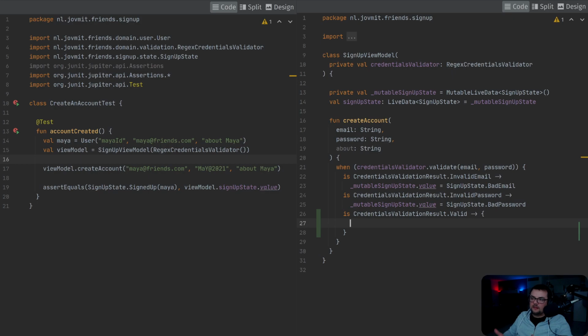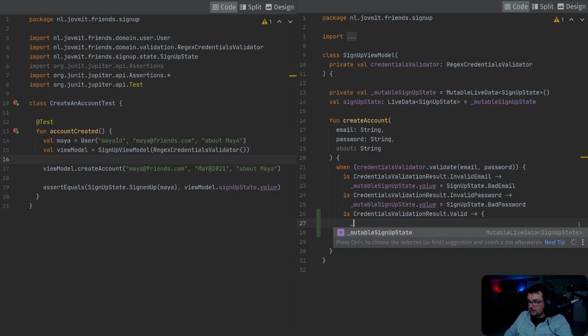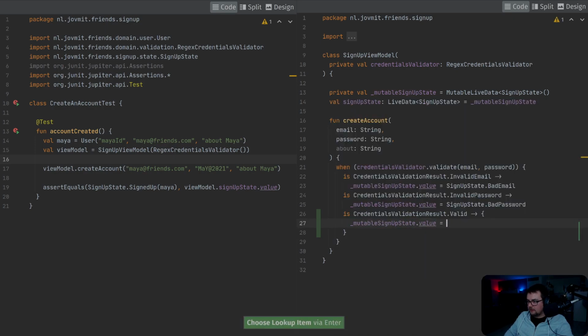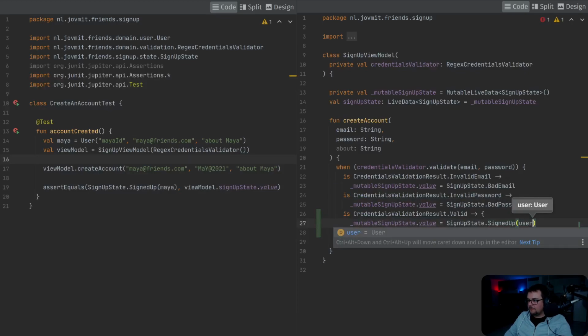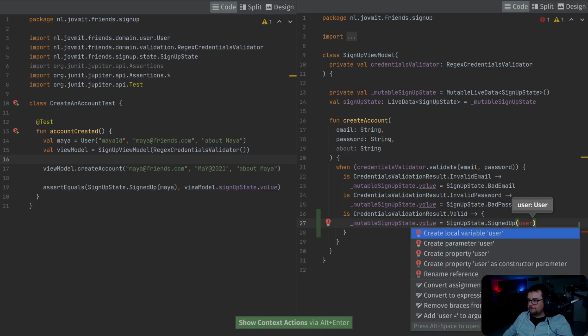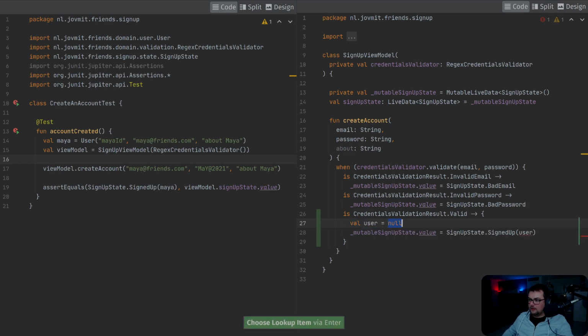So the easiest thing that I could do to make this work is basically say that the mutable state value is gonna be signed up, and there I'm gonna just pass a user, and this user is basically this one. So I can go ahead and copy paste that one,